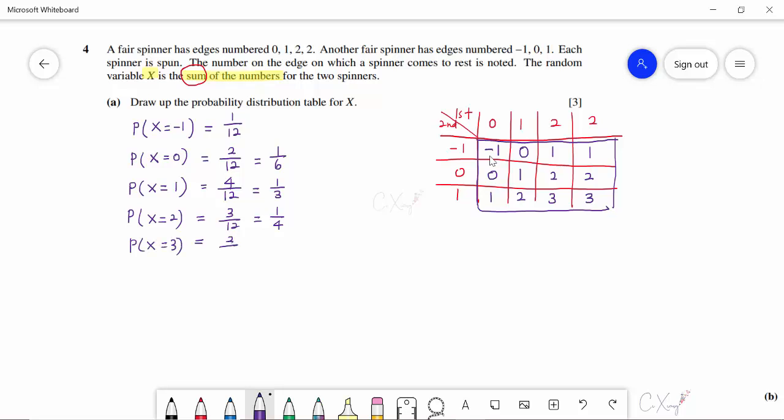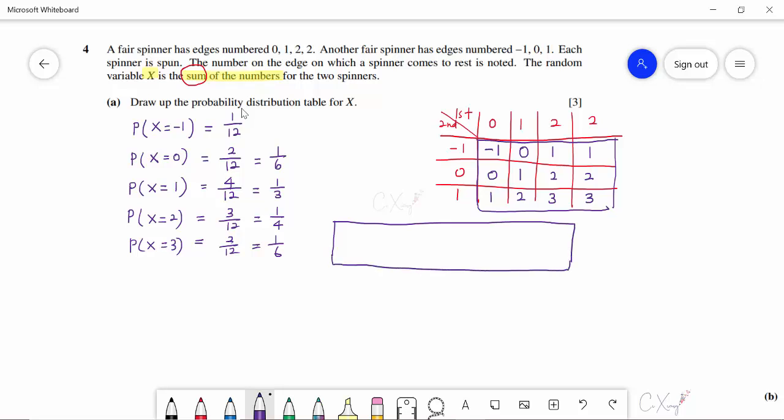Then you get 2 over 12, and it should be equal to 1 over 6. All right, so for this question, the possibility space diagram will be my method to find out the probability for each value of x. Since they're asking us to draw up the probability distribution table, for the final answer you need to construct a table here